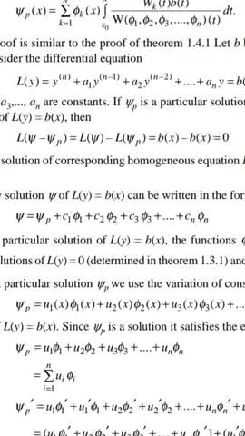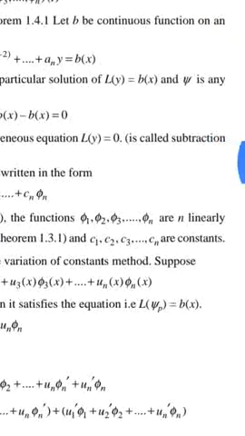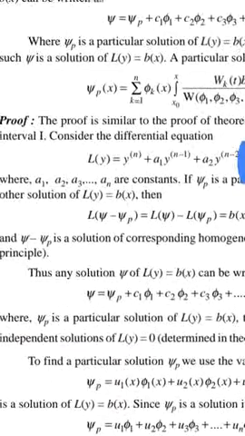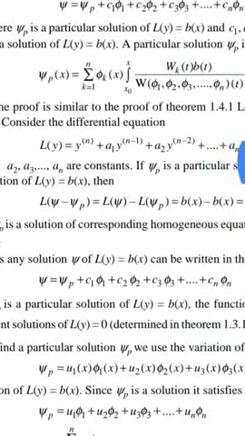If psi p is a particular solution of L(y) = b(x) and psi is any other solution of L(y) = b(x), then L(psi minus psi p) = L(psi) minus L(psi p) = b(x) minus b(x)